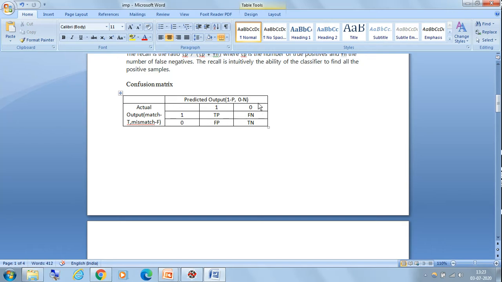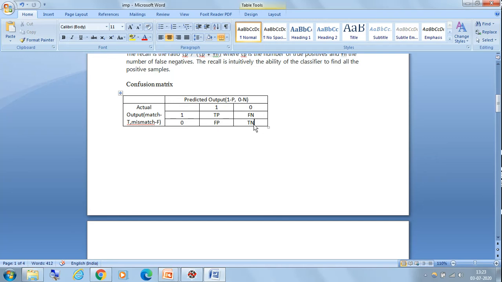Wherever you have 1 in the predicted output, you write it as P, which stands for positive. So I write P here and P here. Similarly, wherever you have 0 in the predicted output, you write it as N, which indicates negative. So I mention N here and N here.